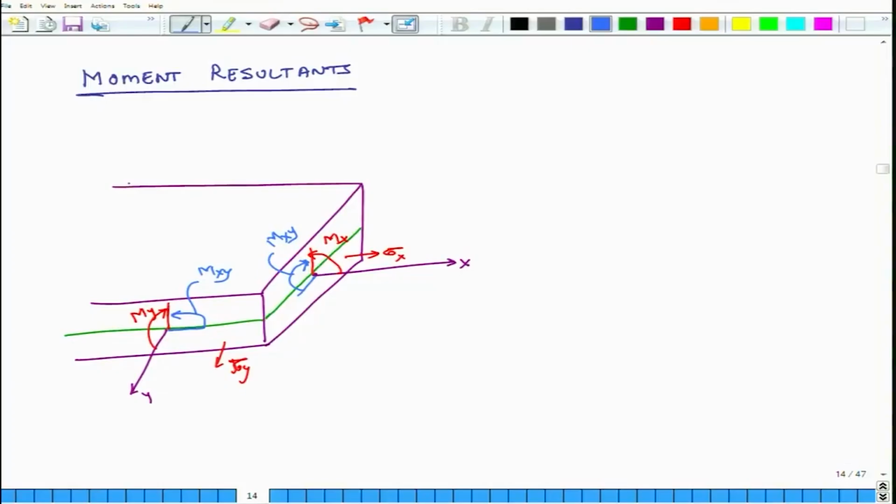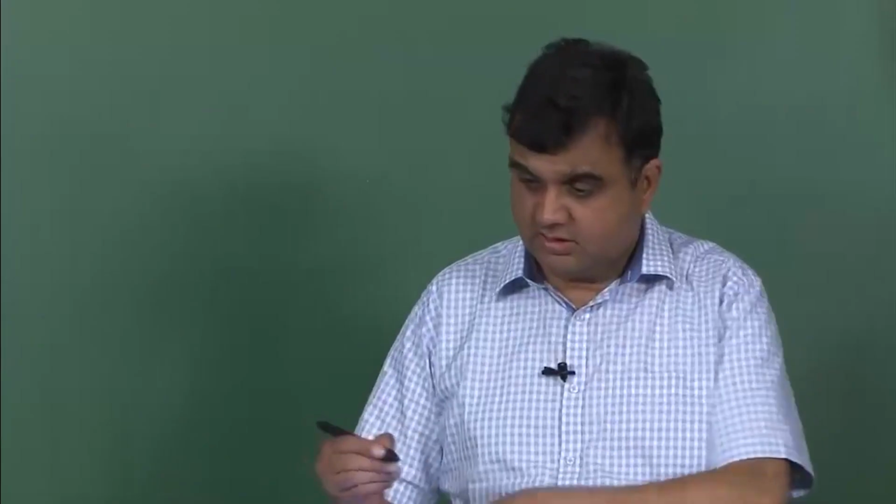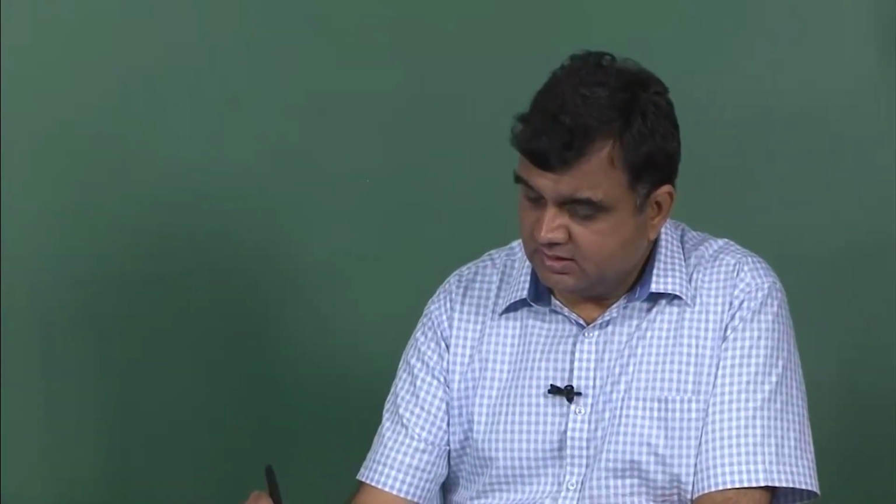And how do we calculate the values of these m's, mx, my, mxy? Again, these are not moments, these are moments per unit length, moments per unit length. So, what is moment per unit length? It is basically